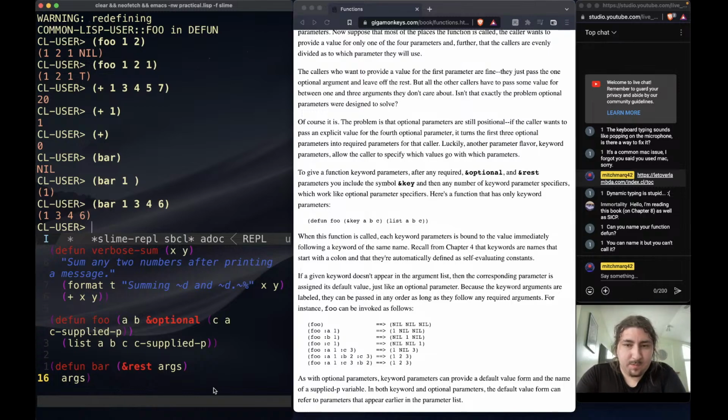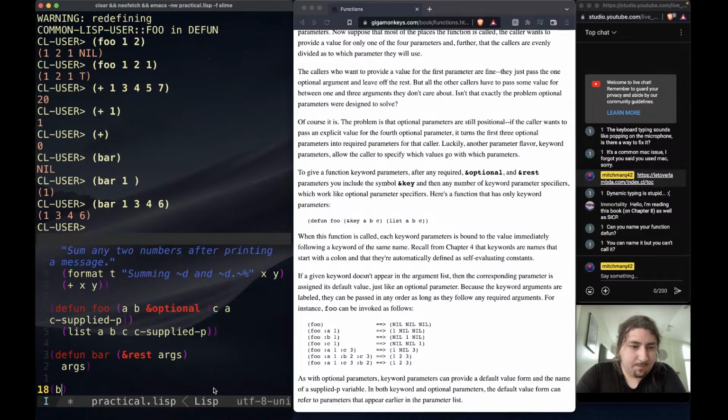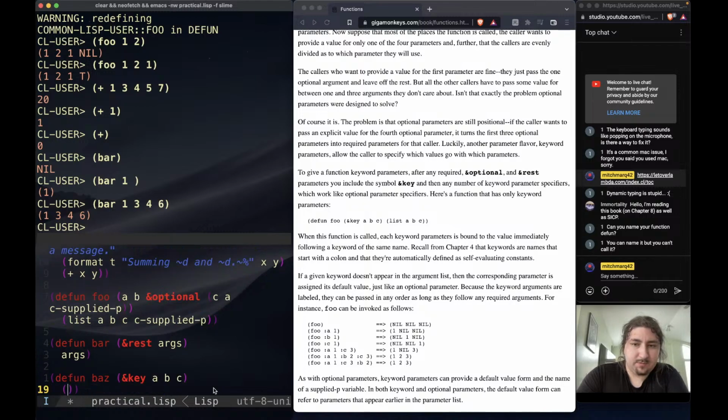So I'm going to deviate from the example a bit because I want to keep everything here. The way we do that is with &key,